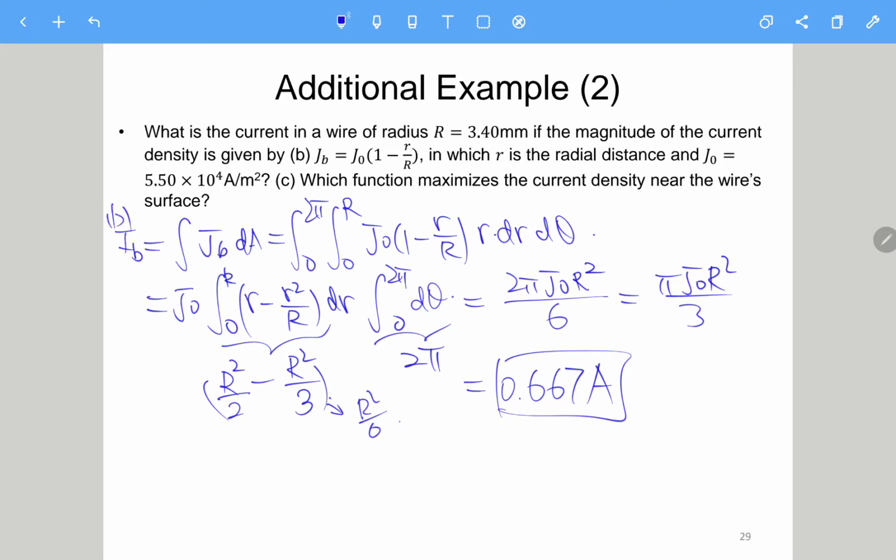for part B. So for part C, which function maximizes the current density near the wire surface? So it should be, of course, JA, which maximizes the current density near the surface,